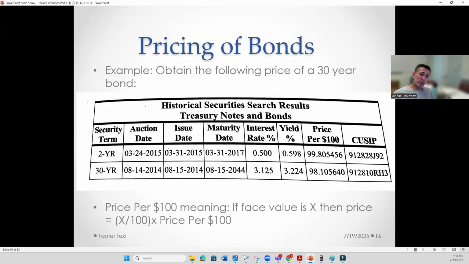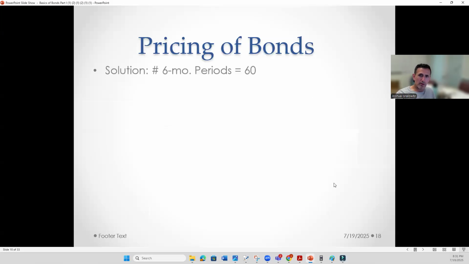Now, a little bit of practicality: my uncle actually bought a Puerto Rican bond long time ago, and he never got his money. So if you buy a bond from another country or a municipality, they could go bankrupt, and you might be, pardon my language, out of luck. So that's something to be aware of. If a bond looks really good, it might be too good to be true. But anyway,